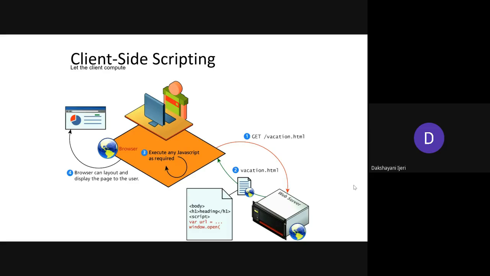Okay. So as a first step, just imagine that you are requesting any HTML page. Here they have taken vacation.html as an example. So it can be any HTML page that you are requesting through the browser. Once you type something like www.google.com, that is nothing but requesting an HTML page. Right. Once you request the HTML page, the next step is that the request is sent to the server itself. Through the server only you are going to get that HTML page to your system or on your browser, right?